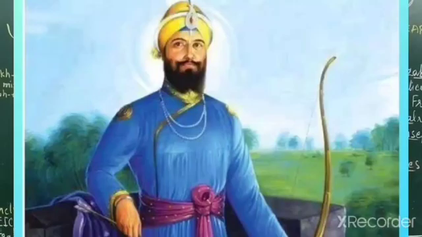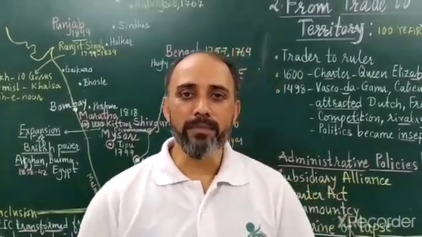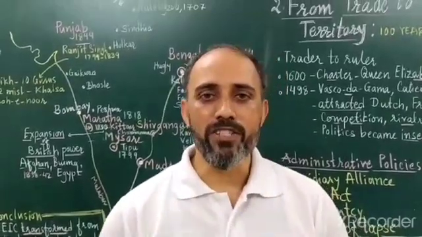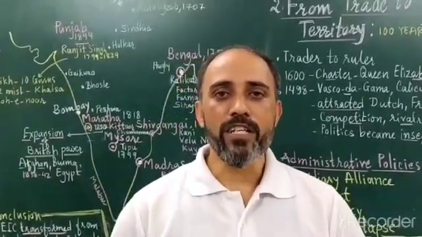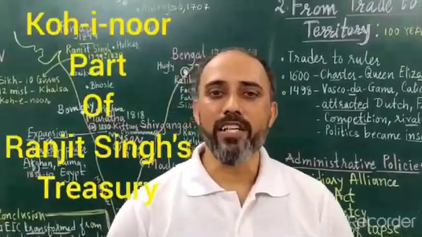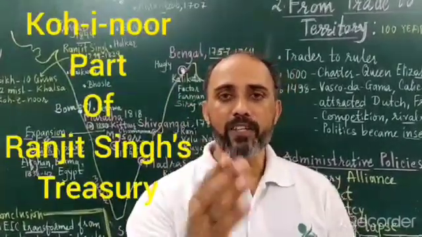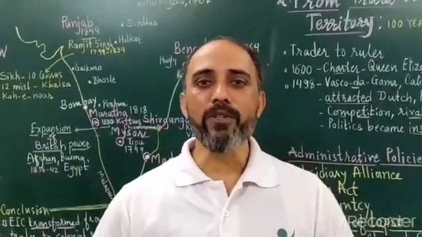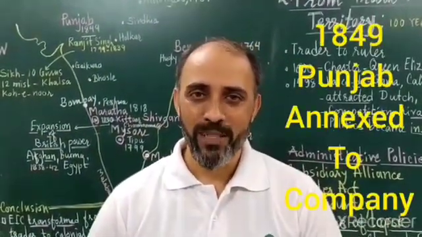He built a powerful military, and that posed a great threat to the British East India Company. The Company had a friendly relationship with Maharaja Ranjit Singh, but after his death, the whole of Punjab went into the hands of the British by the year